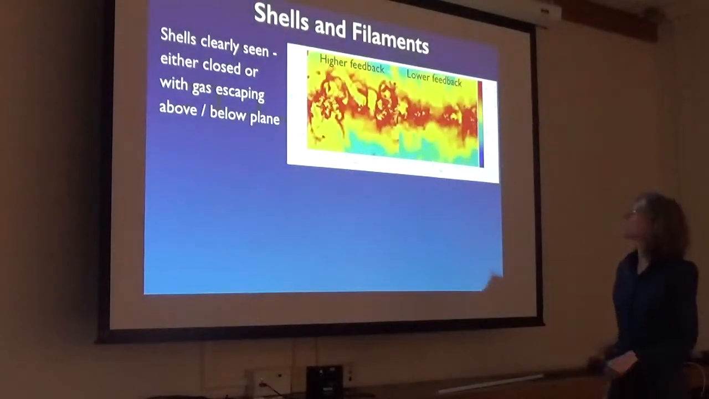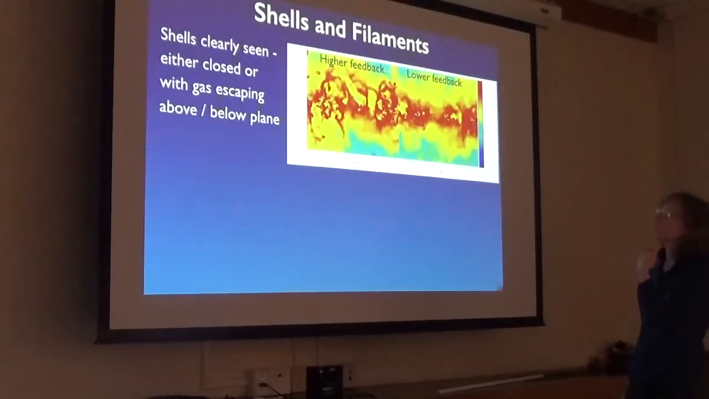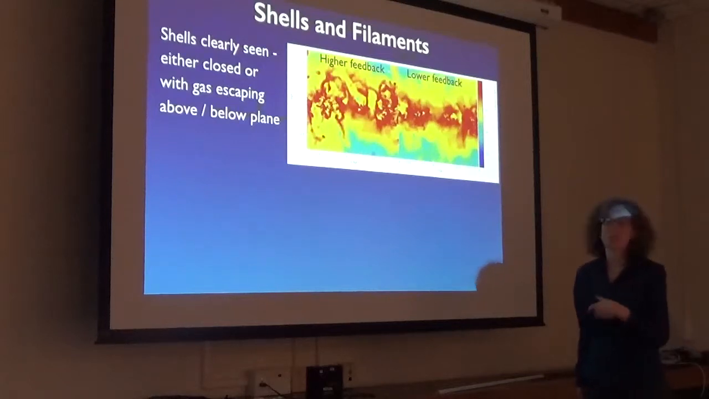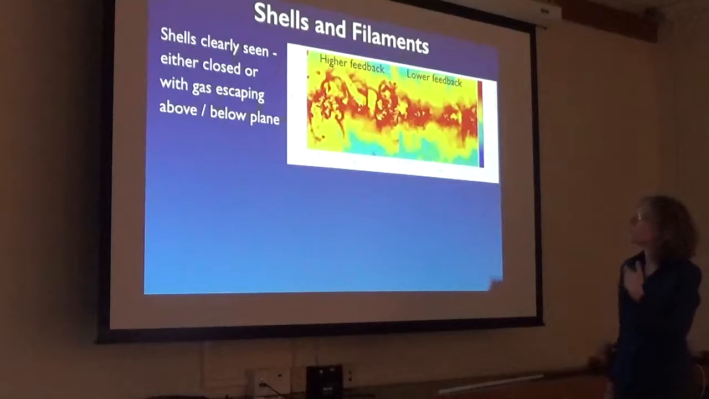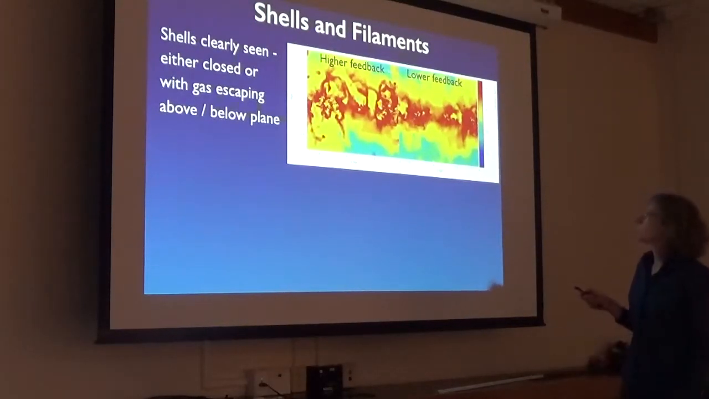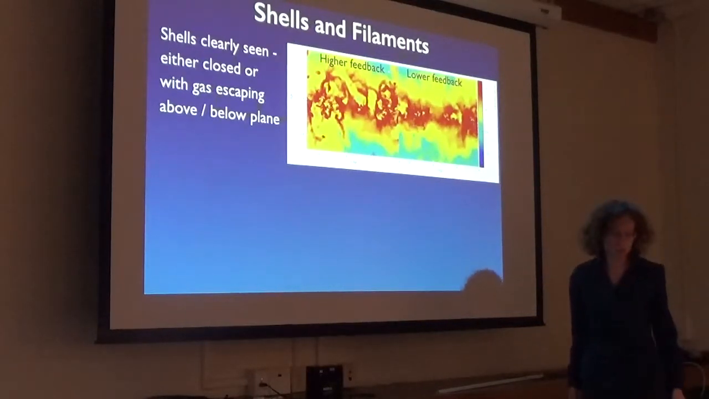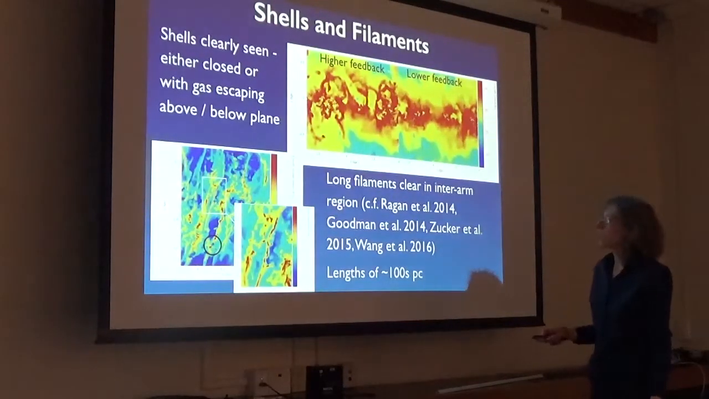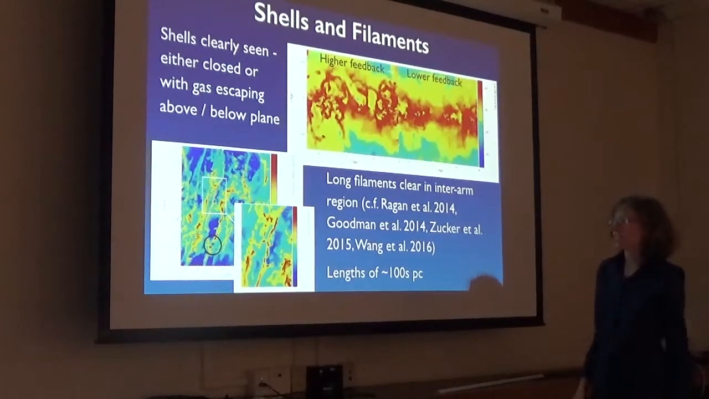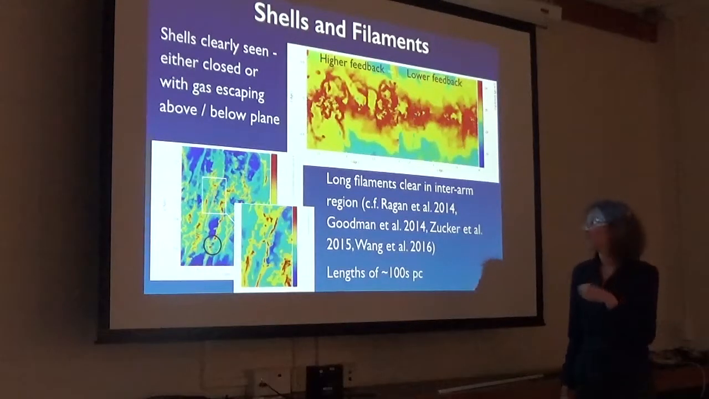And as well as clouds, we can also start looking at shells and filaments, which we could see with the galaxy simulations, but they were quite poorly resolved. And now you can see the feedback producing these shells, and in the high feedback case, some of them open up, with gas escaping above and below the plane. You can also more clearly see these filamentary features between the arms,